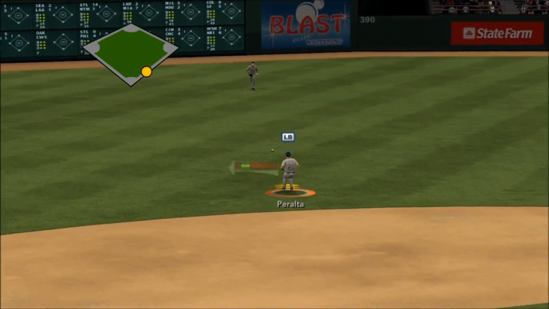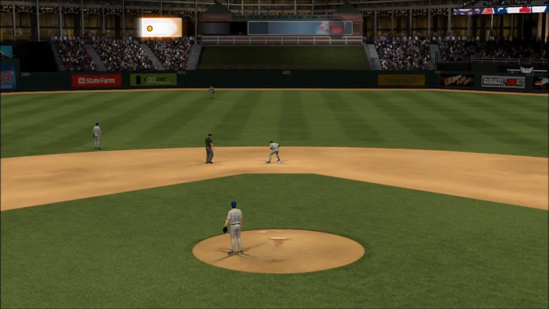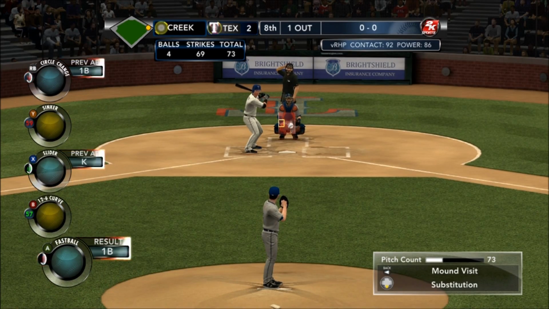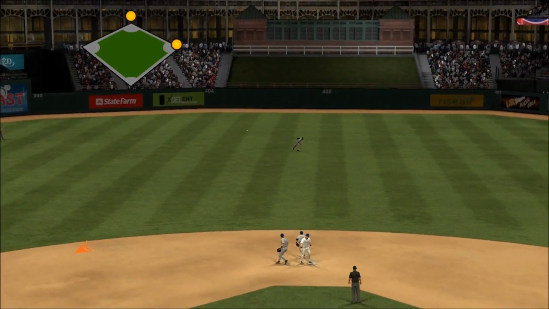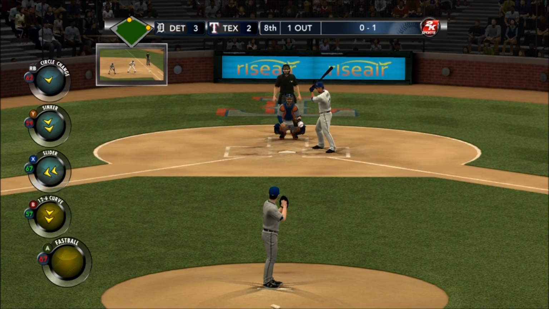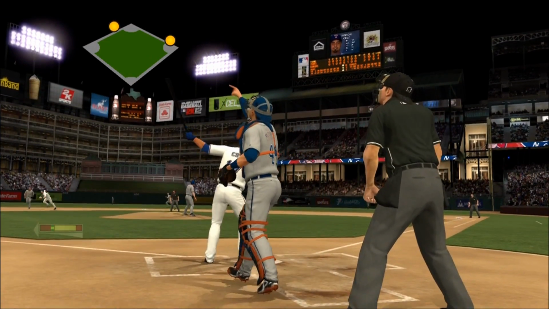This is going to be huge here. Johnny Peralta not able to get to that one, and that's what allows the runner to get on base. Young's not having too bad of a season here at all. Pitch count 73, which is pretty low here, but for Creek, apparently he can't handle that many pitches. So that puts me in a bad position here for the rest of the game. I've got somebody warming up right now in the bullpen, but it doesn't matter because look at this home run